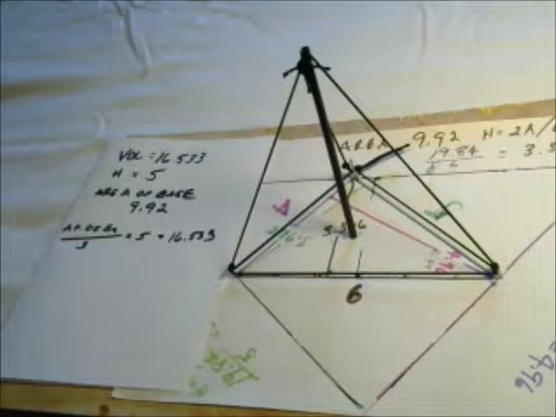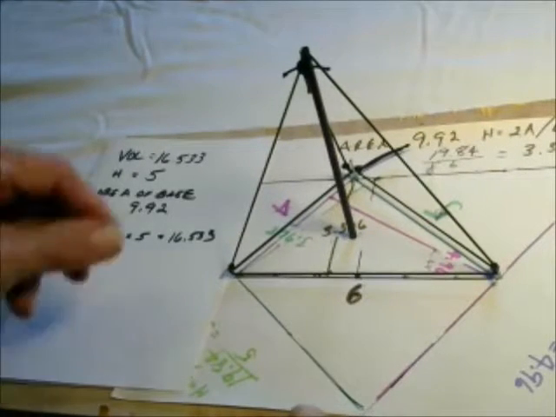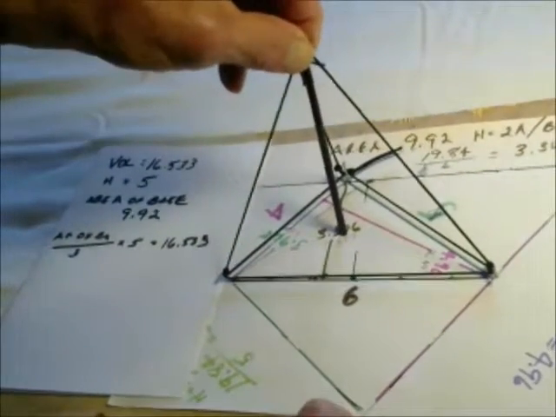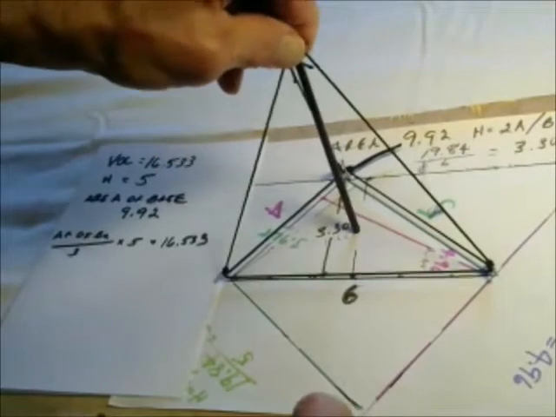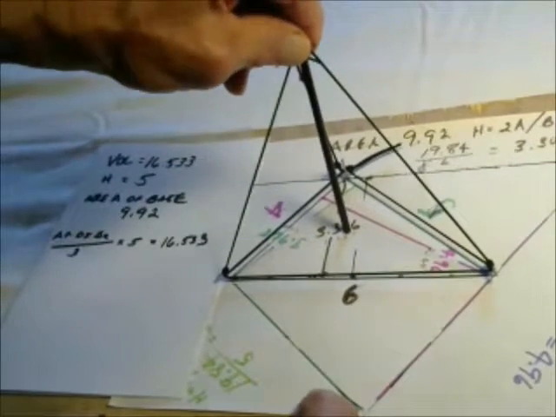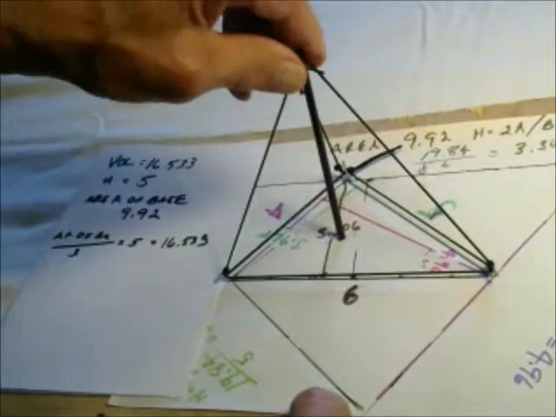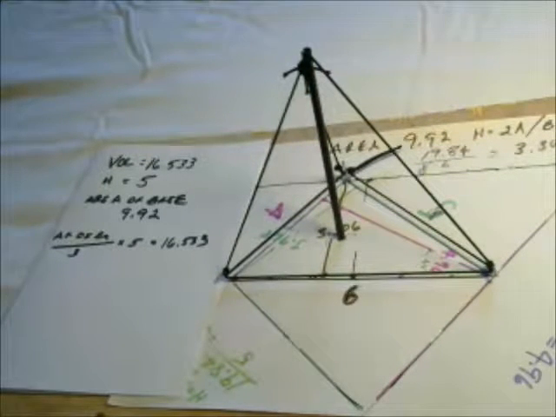So that's pretty interesting. If we took this and just stretched it this way, increasing the height all the way to the moon, we'd be increasing the volume. And I think that's really an interesting concept. But anyway, here we're showing this incredible calculating ability of triangles, and then when manifest in the tetrahedron, it becomes even